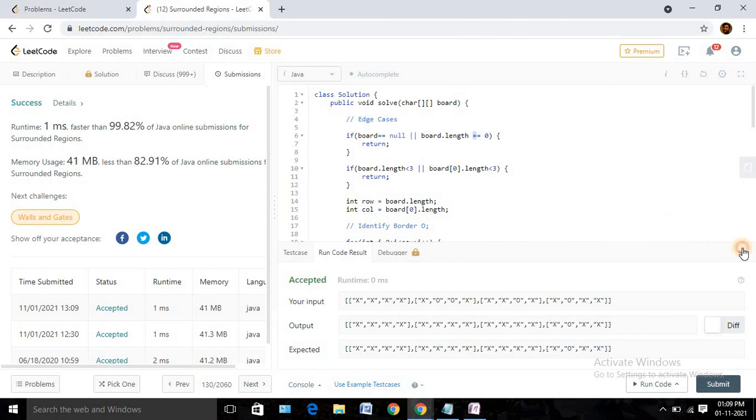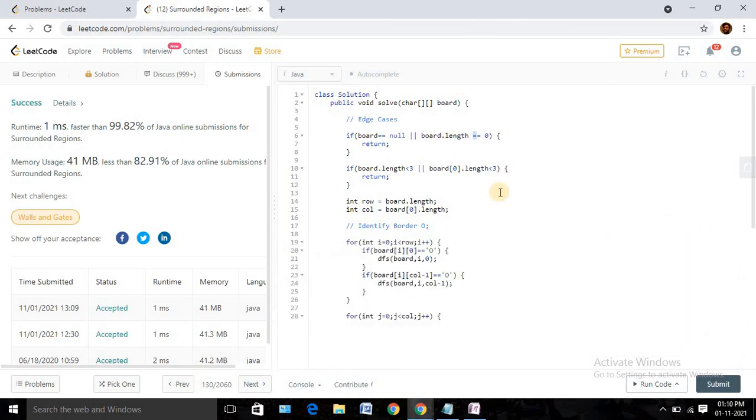So now let's try to see what is the time complexity here, right? So what we are doing here, we are using DFS, right? We are moving in 4 directions, but let's try to analyze it. So let's take m as the length of the array or row length, and n is the column length. So here time complexity will be order of m into n. Okay, m is the length of row, n is the length of column. So our time complexity will be m into n.